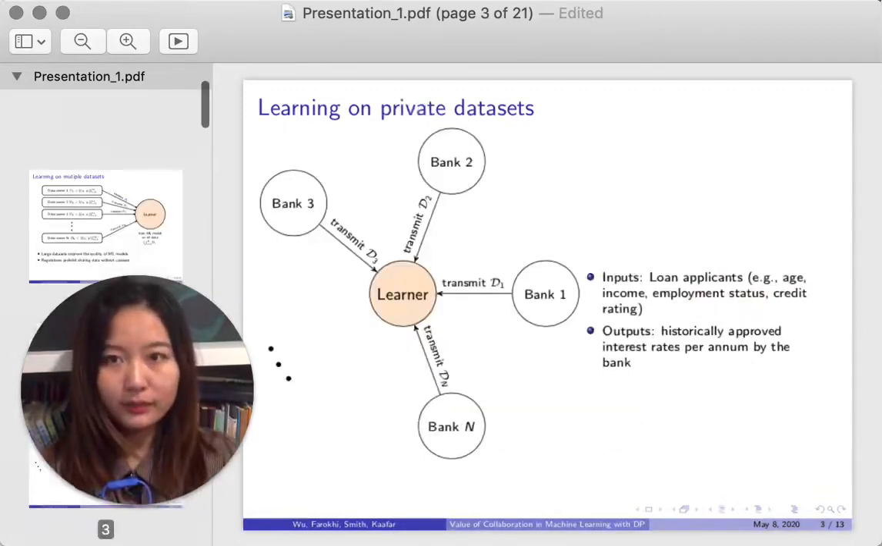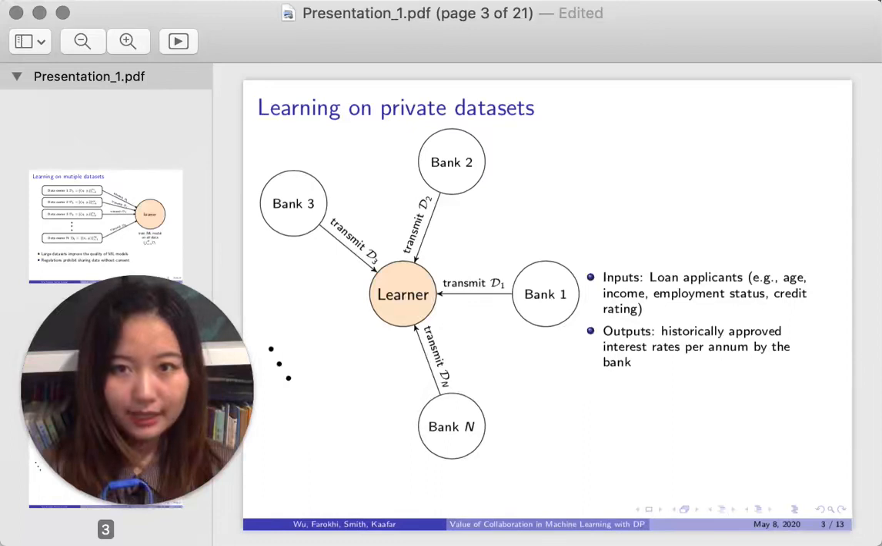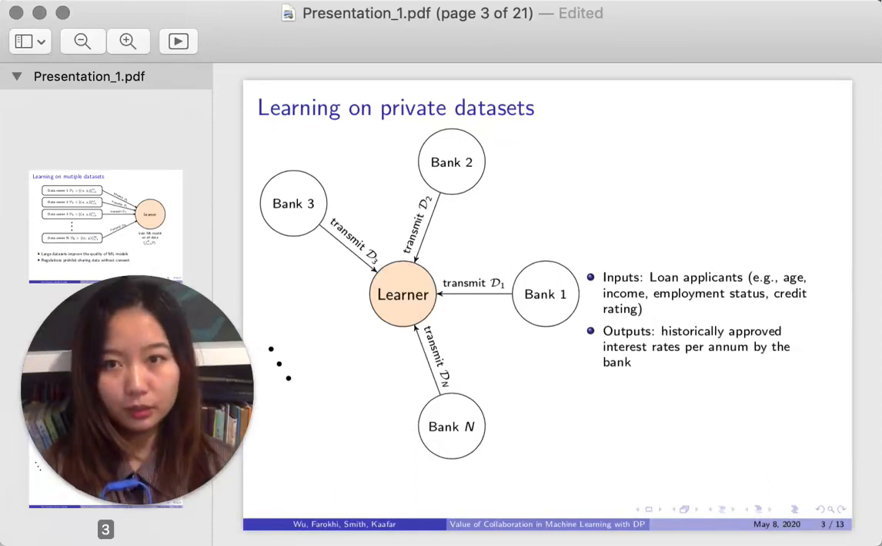For example, each data owner could be a private bank or financial institute. In this case, the private datasets can represent information about loan applicants. The input can be salaries, employment status, and credit rating. The output is the historically approved interest rate per annum by the bank. The learning agent is interested in extracting a meaningful relationship between the input and output using a machine learning model and